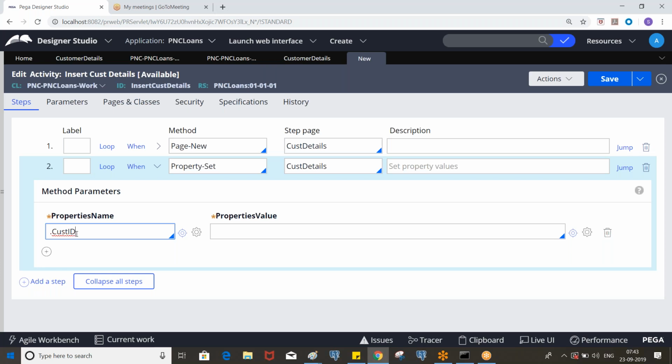So now customer ID, we can set some value. Sorry, Satya. It means the dot is calling the property from the class? Exactly. You cannot put it like this. It will not work if you put just customer ID, because under a page we can have multiple pages again, so you can use those properties through dot reference only.